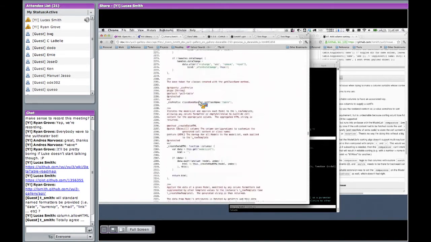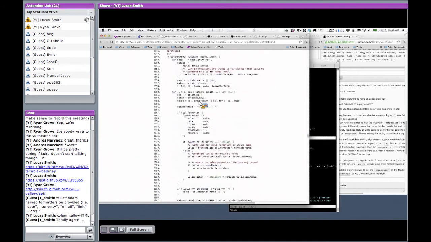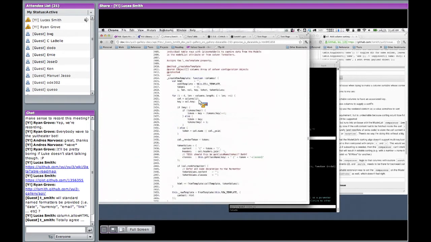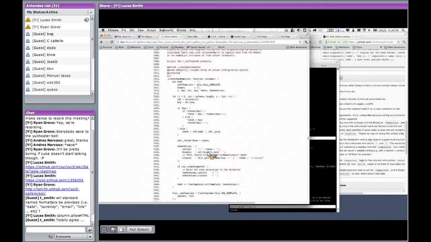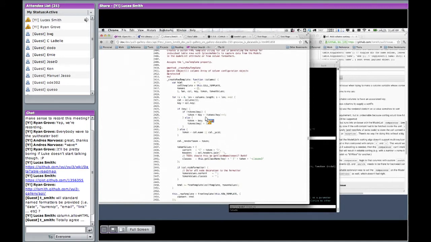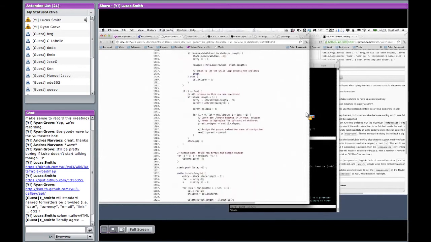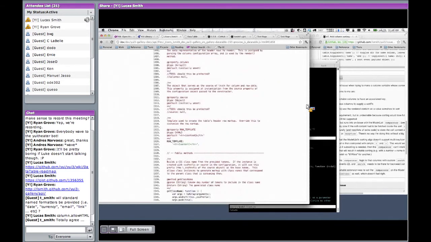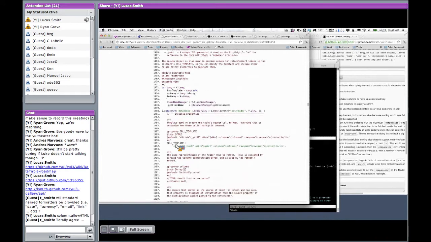So okay, create row template. What that's doing is it's taking the cell template and the row template, and then it's doing a little extra funkiness here, which is not scrolling my screen. It's not making me happy. Okay. Okay, so then it takes this cell template here, and it takes the content. It takes things like content,